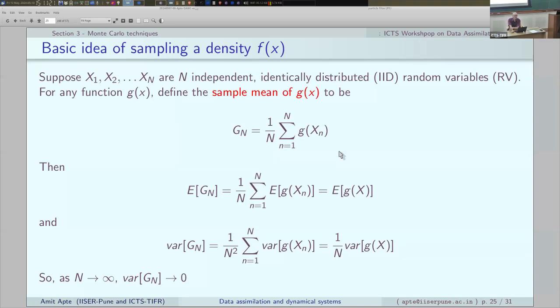We talked about the sampling. All the ensemble filters, ensemble Kalman filter, ETKF, ensemble transform Kalman filter, and particle filter, which I didn't talk about, are based on the idea of sampling, and we discussed this a little bit. So let me do the last bit of it, which will take you towards the particle filter,